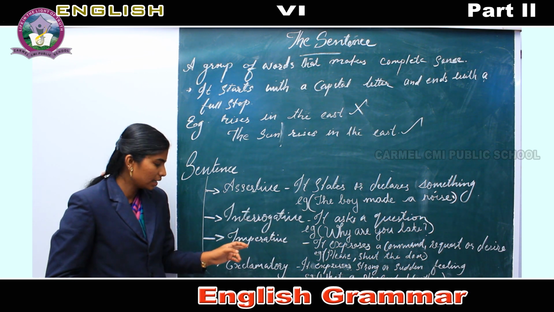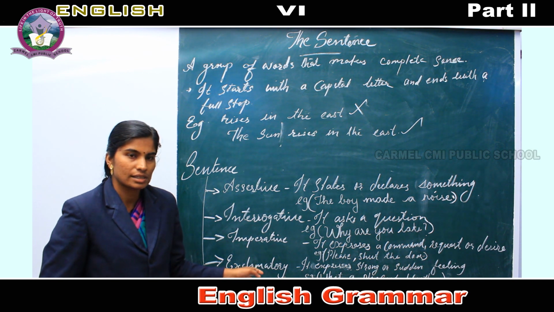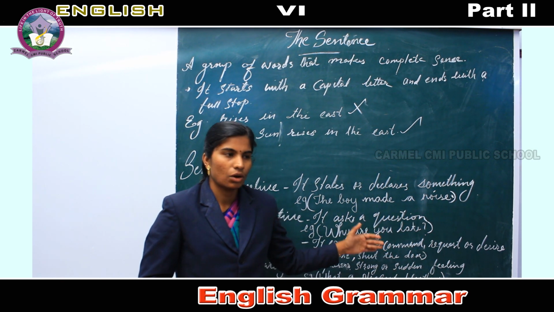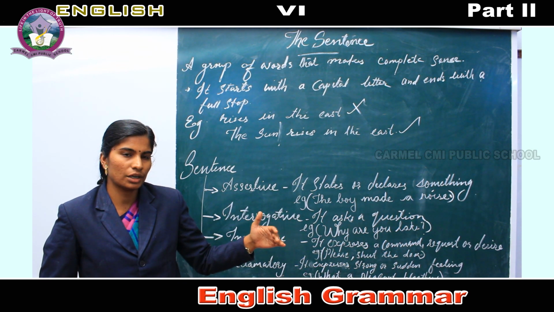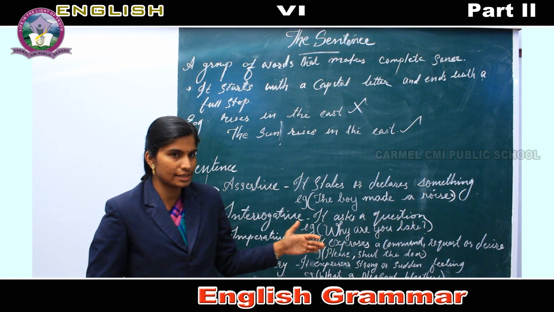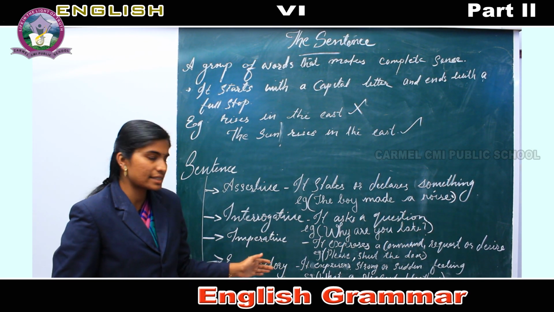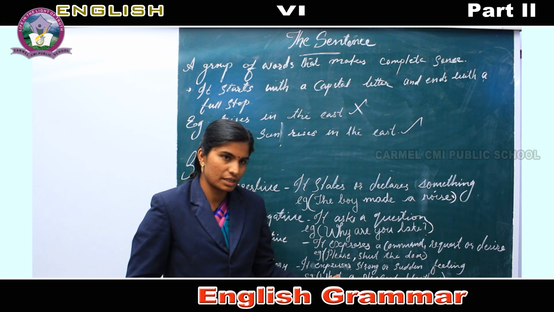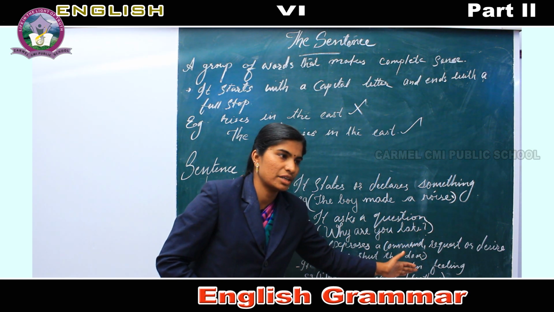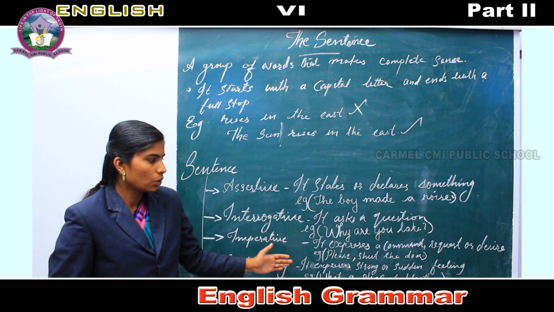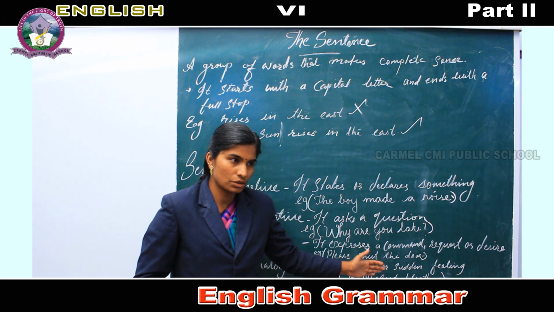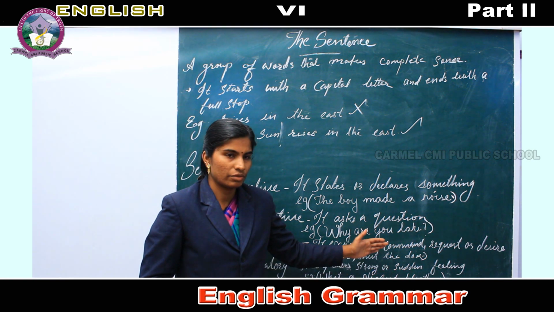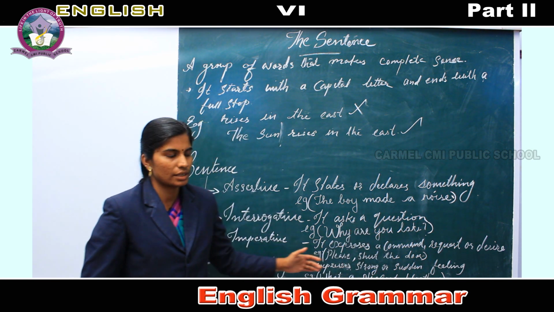Now let me move on to the last one, exclamatory sentence. It expresses a strong or sudden feeling. All of a sudden, without our knowledge, when we express some of our feelings, such types of sentences are called exclamatory sentences. An exclamatory sentence starts with a capital letter and ends with an exclamation mark. Here is an example, what a pleasant weather! We might not have thought of the weather, but we got pleasant weather. We just exclaimed at that. Such types of sentences are called